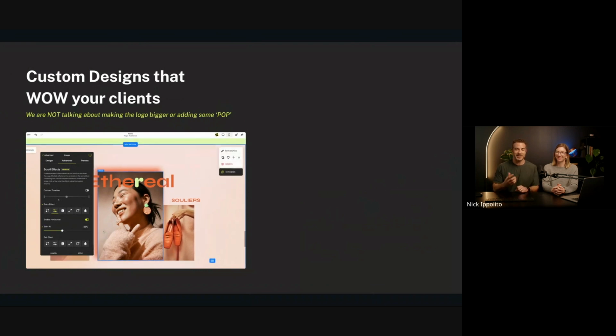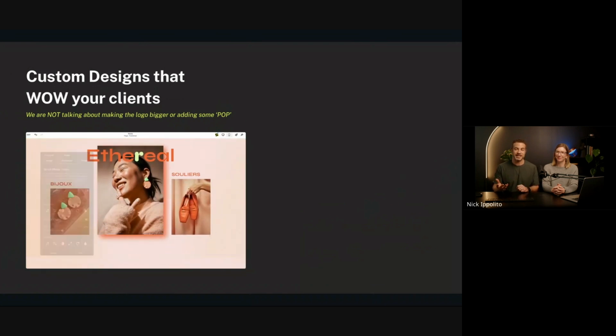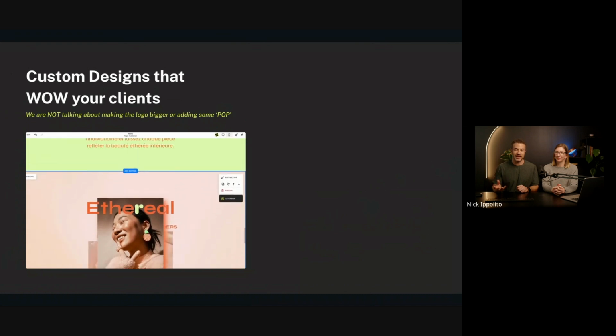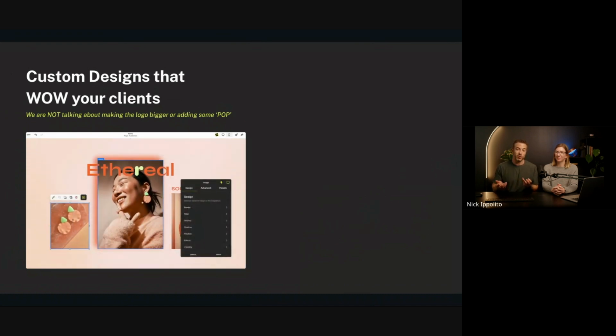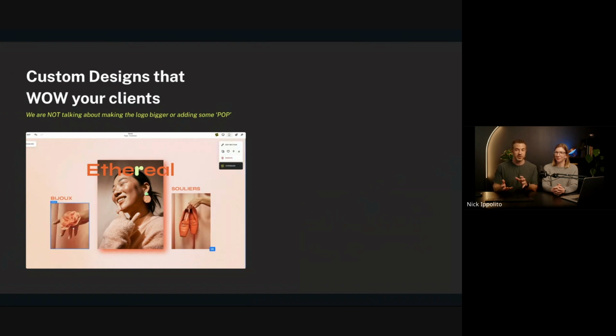And when you're doing it, as you can see in this video in front of us here, it's physically animating right in front of your eyes. So you get to play with it while you're building it. This is essentially what it's doing. It's adding custom code to your site, but you don't see that code because you don't need to. You just want to play with it visually and design without having to worry about copying and pasting code.